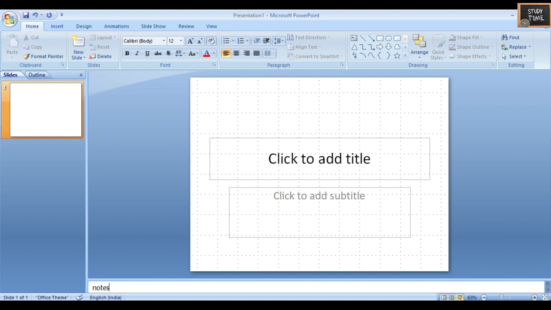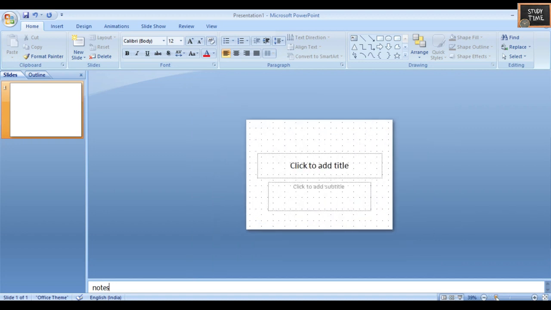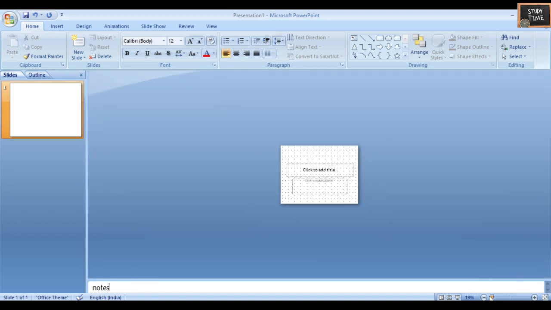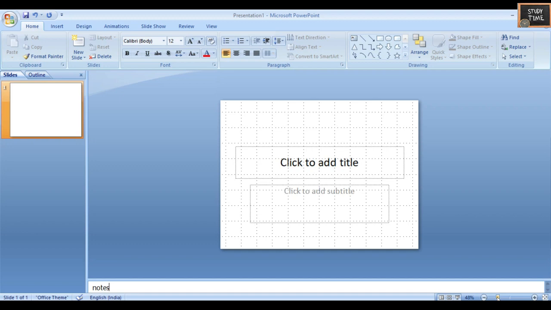So these are the slide views. Next you have zoom option, zoom minus and zoom plus. I can zoom in and zoom out. So this is how it looks. These are the components of PowerPoint presentation.